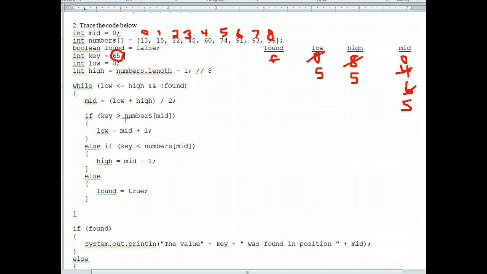And we ask if key is greater than numbers mid. Well, numbers mid is 74. And 65 is not greater than 74. 65 is less than 74. So again, we set high equal to mid minus 1. High gets crossed out, and mid, which was 5, minus 1 of that is 4. Interesting. We go around the loop again,